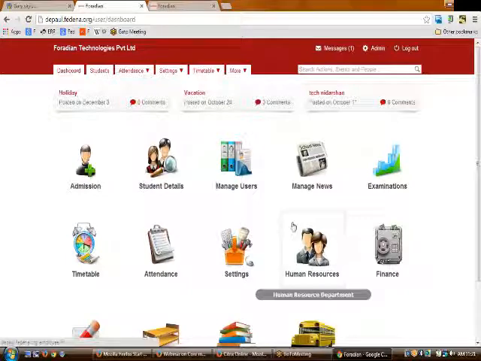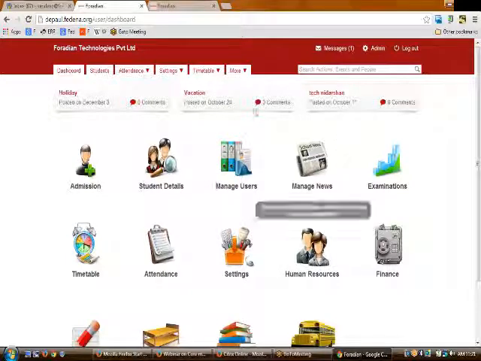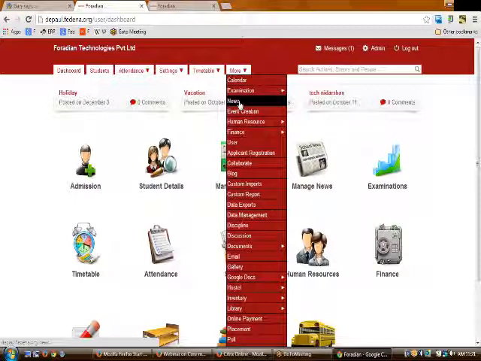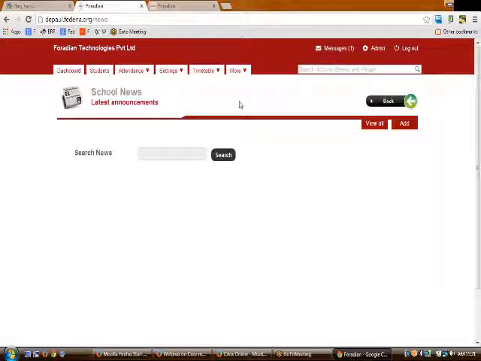Finally, we are left with some things like the news and the event creation. We will have a quick overview of what all these things are. If you want to create some news, just click upon news from the more menu, click upon add,